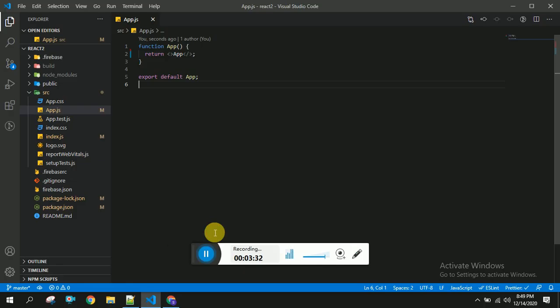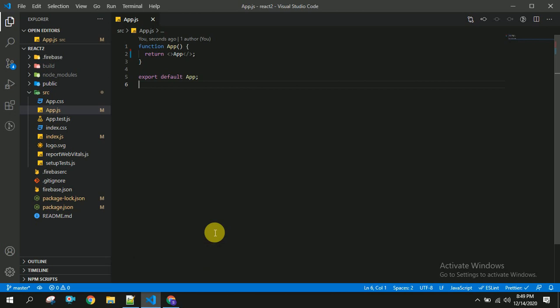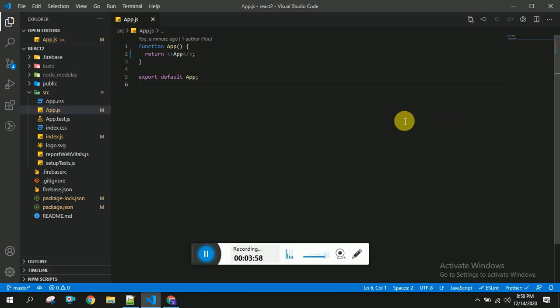For this I have created a project called React 2, and I am going to do everything in this App.js. Based on your requirement, you can create a functional component for this AG grid, and you can reuse that anywhere in your application. It is strictly recommended to create a functional component so that you can reuse it anywhere. I'm going to give the entire code in my blog, so you can refer from there and integrate it in your application.